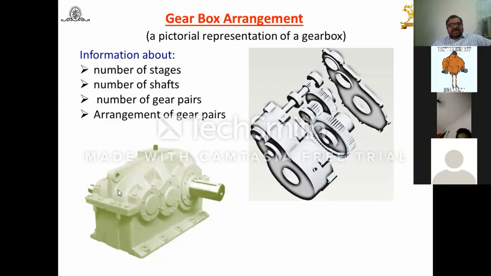Look at this. Now here in the gearbox, the top portion is the casing cover, the bottom is the housing part. Here is the output shaft, here is the input shaft. This is the bearing cap. All these are the studs or the bolts which are used for the bearing. These are the bolts which are used to fit the upper casing part to the housing part. Then here the breather or the air vent is provided, and the arrangement for lifting is provided. In this way, in your mind there should be a pictorial representation of the gearbox. Then and then you can proceed further to design the shaft and other elements.